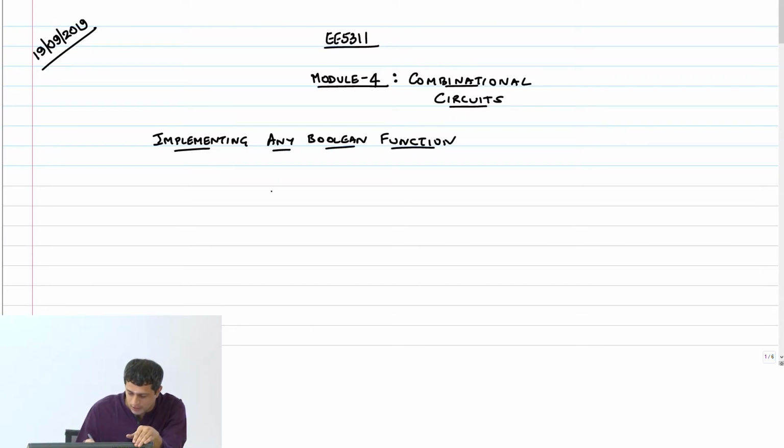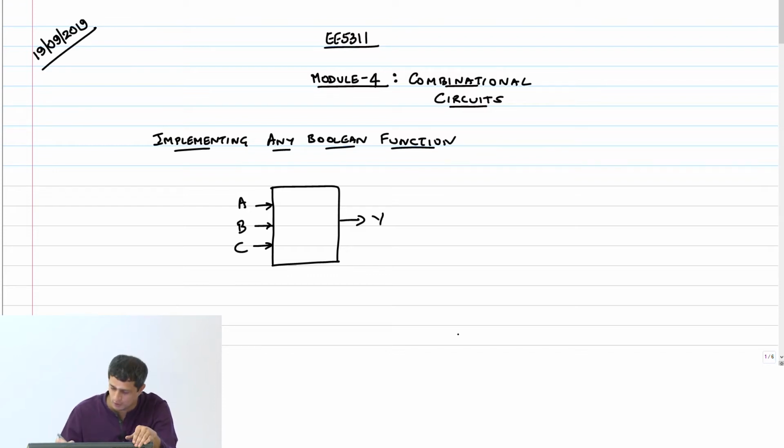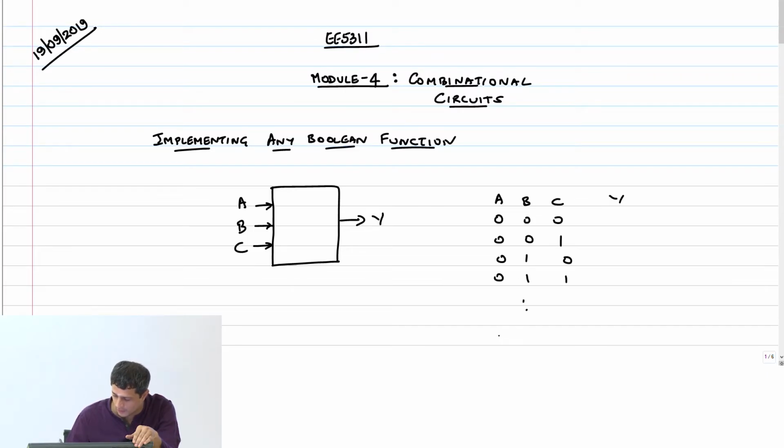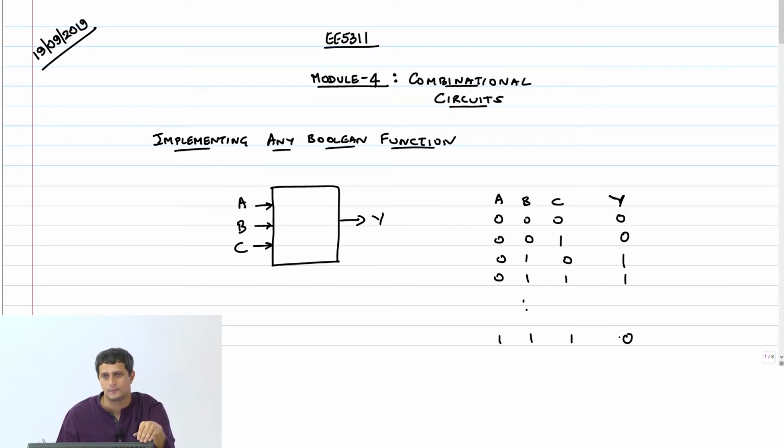So the idea here was I have a black box with inputs, let's say A, B, and C, and some output Y. Let's just take one output. Therefore, you write down the truth table for this: 0, 0, 0, 0, 0, 1, 0, 1, 0, 0, 1, 1, all the way to 1, 1, 1. And then you put down the locations where the output will go to zeros and ones, right? This is how you solve the K-map, right?